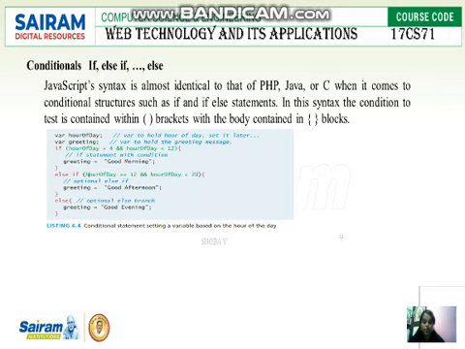We are using the if else statements. Inside that we can add any number of else if. So the first thing is we are going to test the condition: hourOfDay is greater than 4 and hourOfDay is less than 12. You will be getting a greeting message called good morning. Else if hourOfDay is greater than or equal to 12 and hourOfDay is less than 20, then you will be getting a message called good afternoon. Else, you will be getting a greeting message called good evening. So this is the conditional statement. We can go through that.